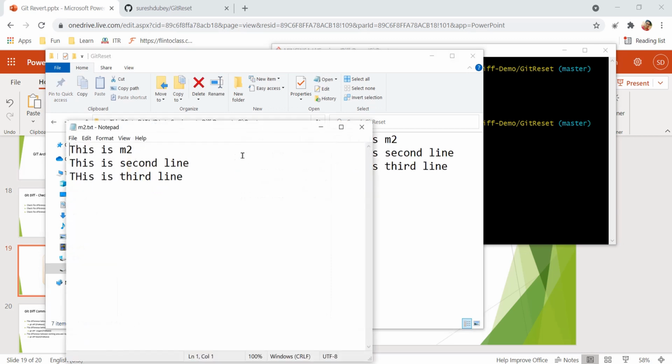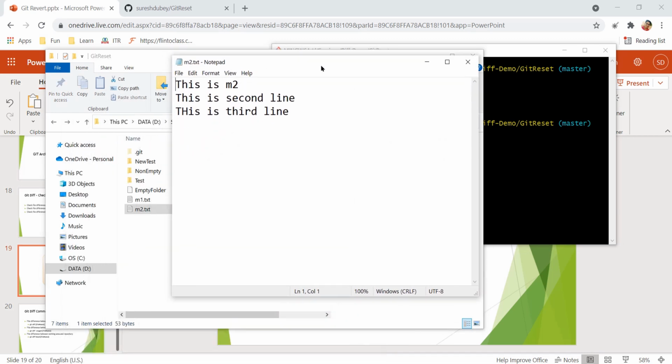Let's modify some file. For the demo purpose, I am taking a txt file, but in reality, when we work with a real project, we deal with a lot of Java code or a lot of XML files, right? Different types of files while working on different tools and technologies. Just for the demo purpose, I am taking a simple text file. Let me add a new line, just a line, so that we can see the difference.